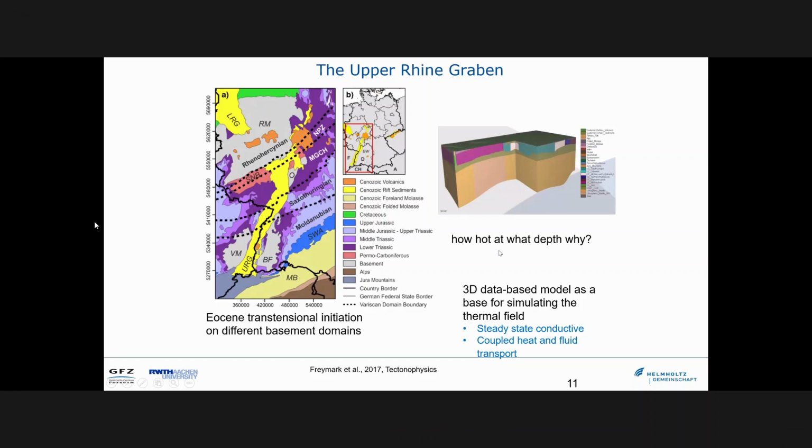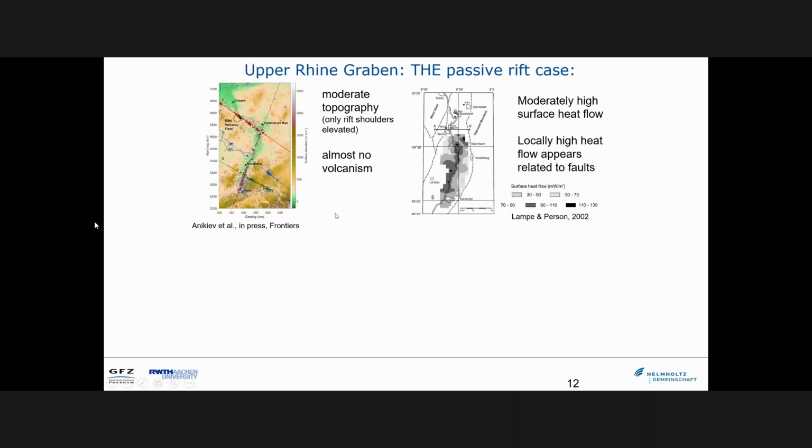And I will just refer mainly to the results from steady-state conductive heat simulations, because I don't have time enough to go for the coupled heat and fluid part as well. So if we look at the Upper Rhine Graben, we see there is only moderate topography, only the rift shoulders are elevated actually. There's almost no volcanism, apart from the Eifel and the Vogelsberg, there is not much. The surface heat flow is moderately high, and the high values mostly concentrate at places where we have hydrothermal circulation